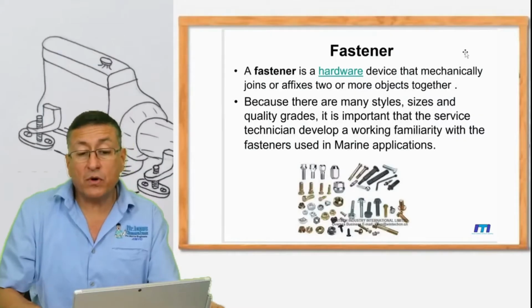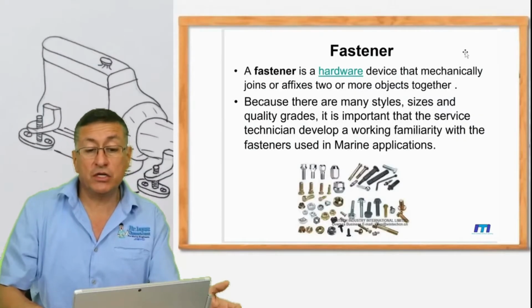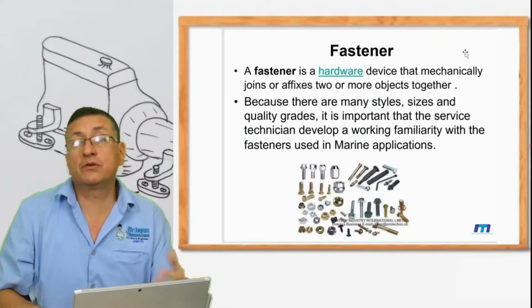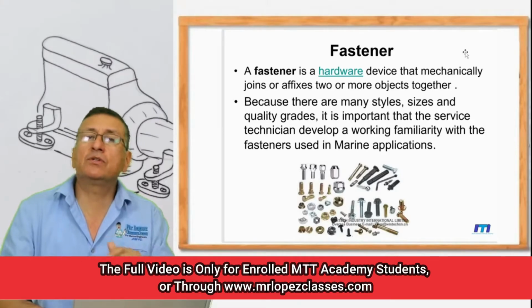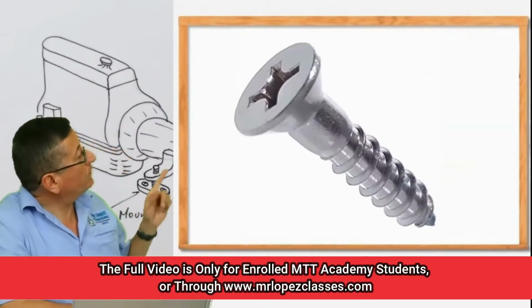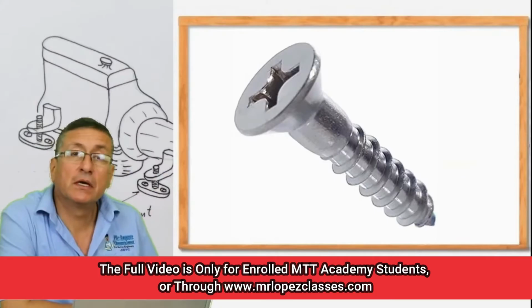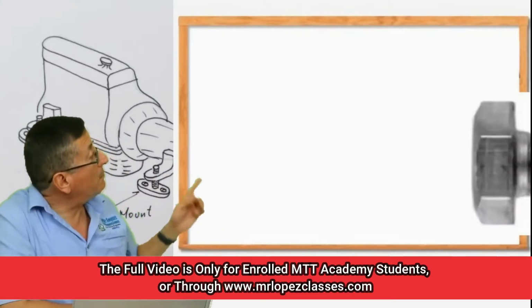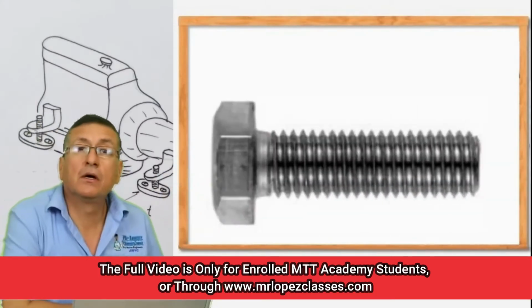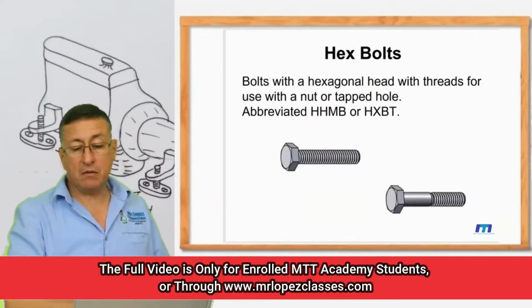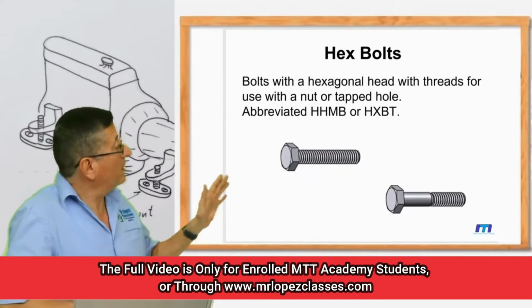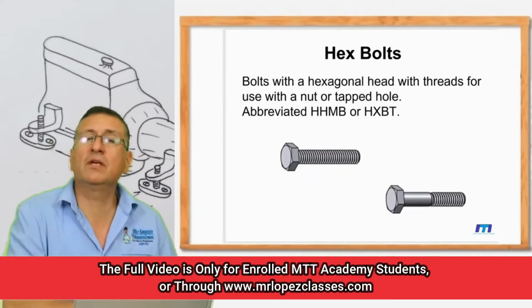A fastener is a hardware device that mechanically joins one or more objects together. That's simple. And we are going to check the difference between a screw, like this, and a bolt or a stud. This is the typical bolts that we are going to use in different applications on engines, transmissions,